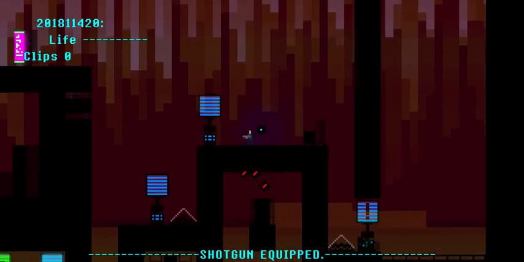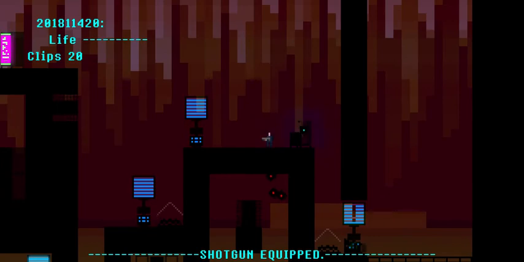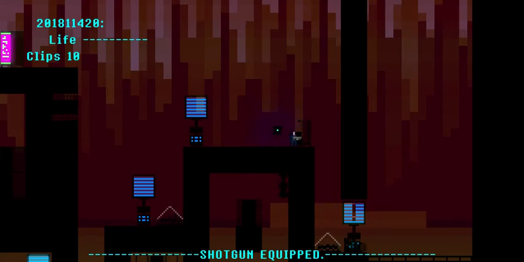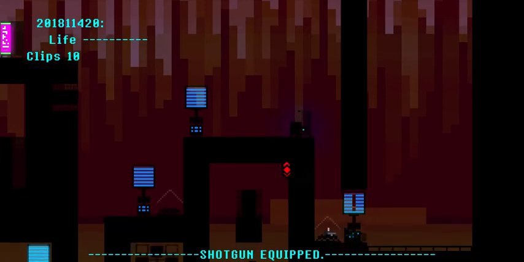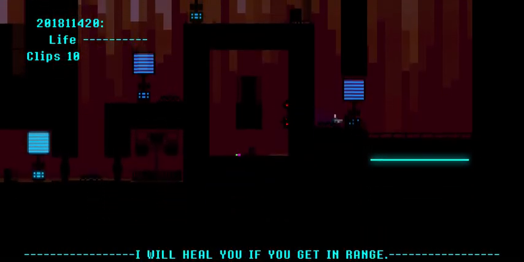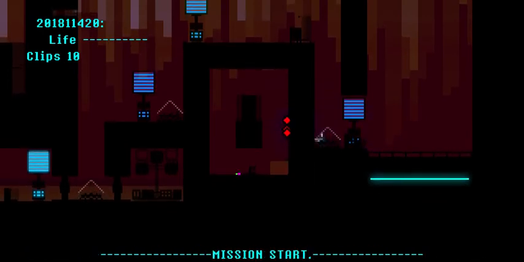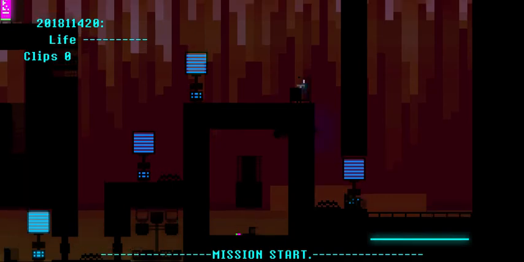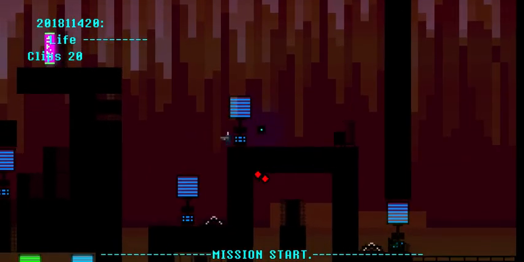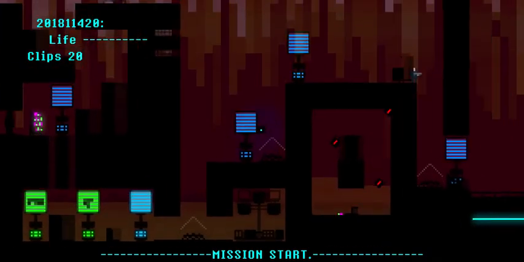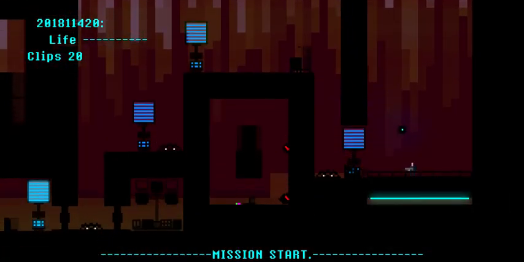So I'm going to kill that last enemy. I can't reach these, but they can't reach me. And I'm just going to move to the end of the level. Now, you won't have been able to see it before, but the lift is actually now active. That is only active if I actually destroy the computer, which was down here. So I'm going to nip onto the end of the level and see how far I can get in